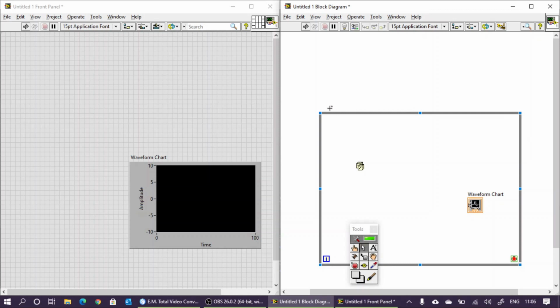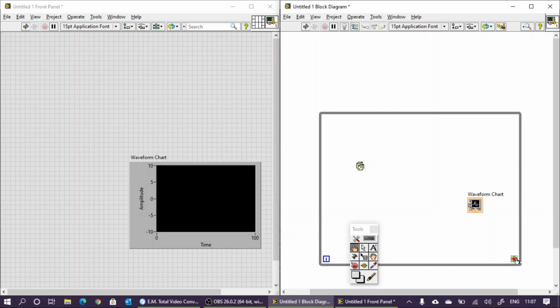You can see that this is the structure of the while loop. Here you can see the execution number, how many times this is executed. This one is the stop condition. By using some stop condition, we can stop the execution of this while loop. Means if some condition is activated, we can stop it. Instead of this, we can change it into a run button, means if some condition is satisfied, this while loop will run, otherwise it will not run. So I am going to use a stop condition with respect to some logic condition to stop this while loop.